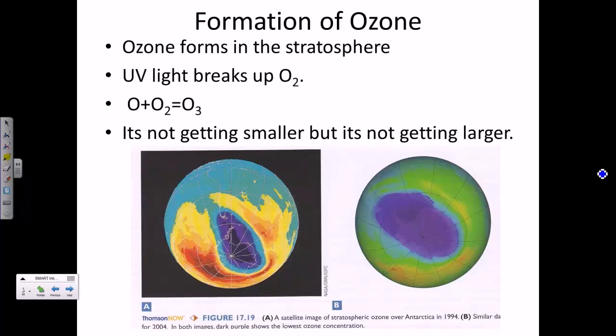One of the other things that's out there in the atmosphere as a variable component is O3. Now, O3, which is known as ozone, is typically formed in the stratosphere, which is one layer above the layer we're in right now. We're in the troposphere.